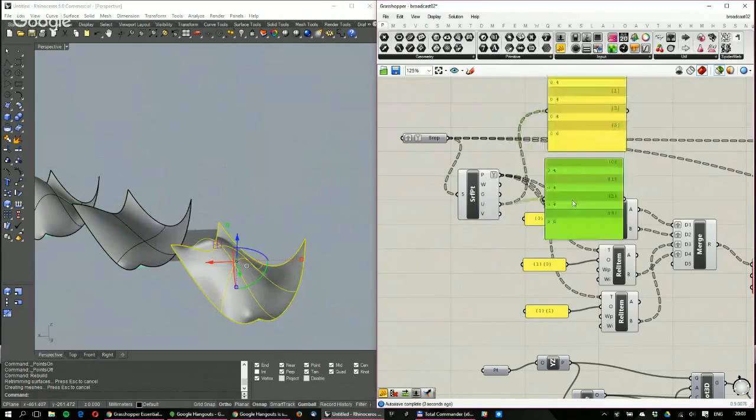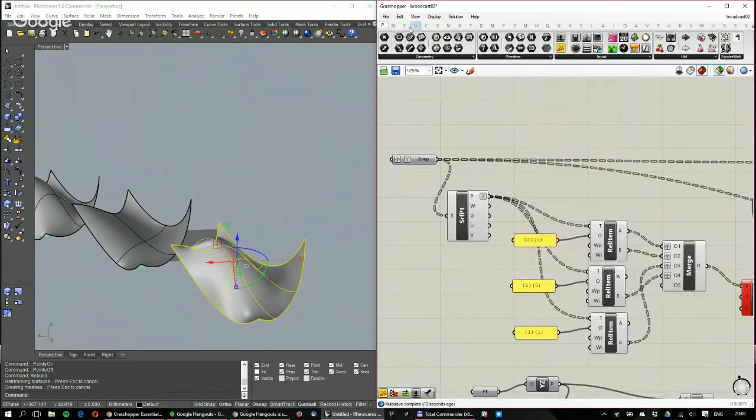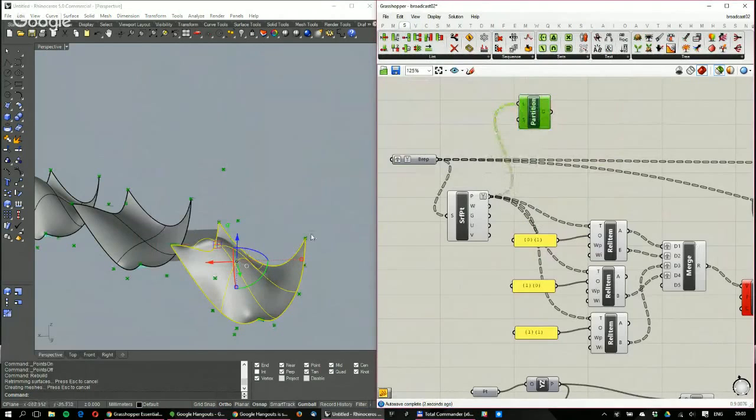So the 6 U's and only 4 V's, and therefore I need to know how to split the shape here, the data structure. So let's do the partition list here. And I want to make sure that these points are in rows and columns, so they are not just packed together. So this should tell me the size of the partitions, and the size of the partitions should be